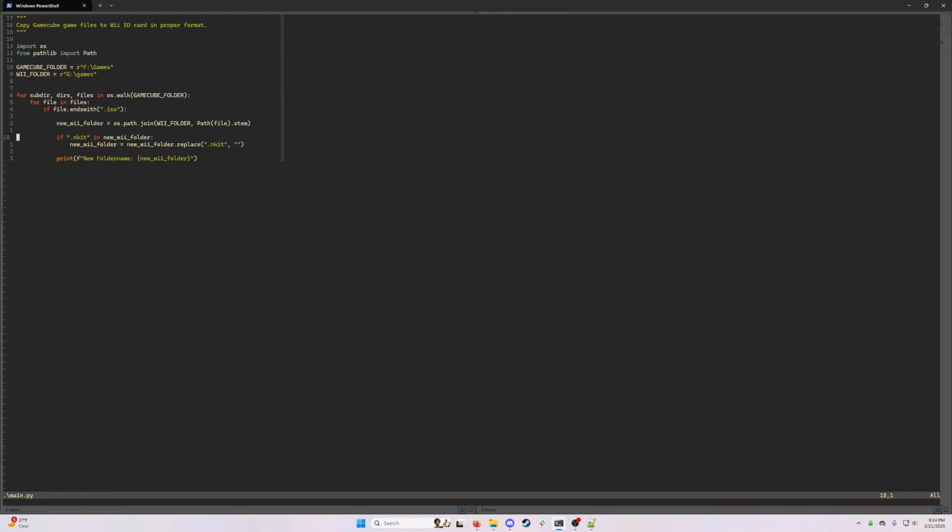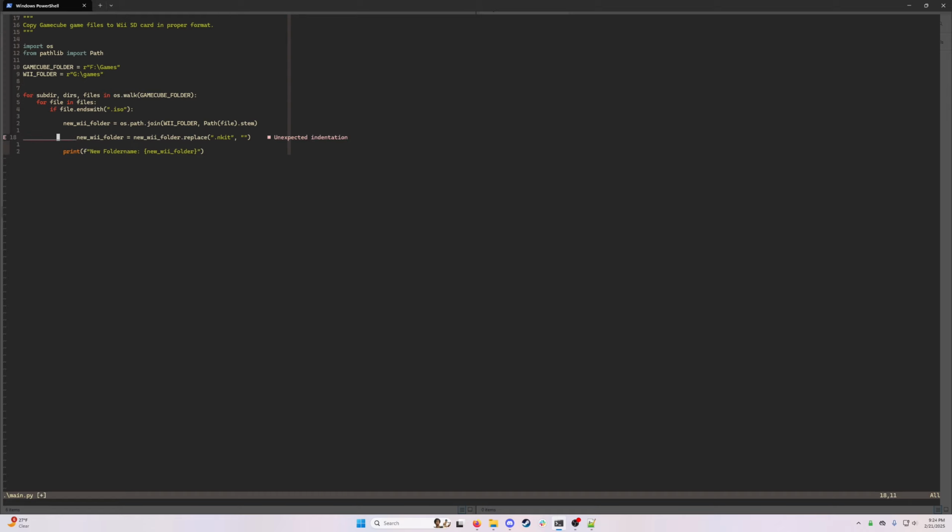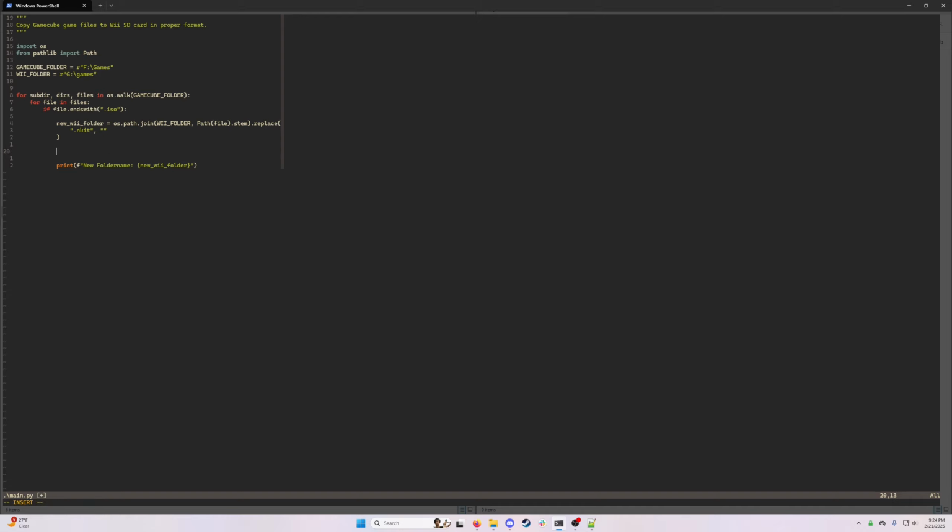Now, actually, to make this a little cleaner, let's show off a little. So we'll enter visual mode and we'll just delete this and append it to the end. That way, it just saves a little bit of space. It's a little unnecessary to have that extra if statement. So now, to be safe,